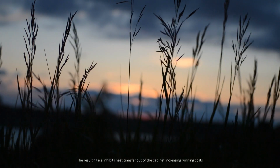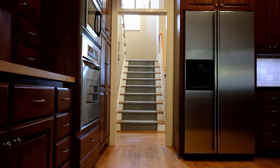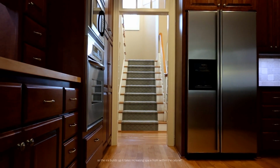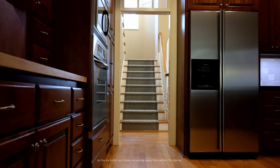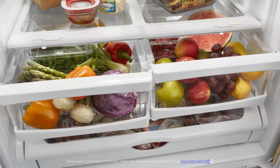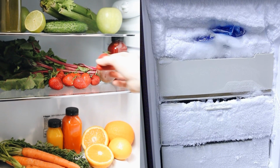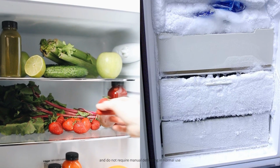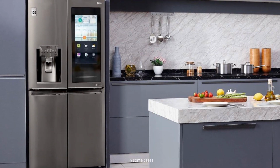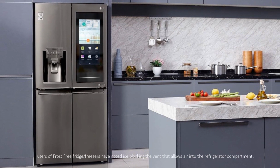The resulting ice inhibits heat transfer out of the cabinet, increasing running costs. Furthermore, as the ice builds up, it takes increasing space from within the cabinet, reducing the space available for food storage. Many newer units employ automatic defrosting, often called frost-free or no-frost, and do not require manual defrosting in normal use. Although, in some cases, users of frost-free fridge freezers have noted ice blocking the vent that allows air into